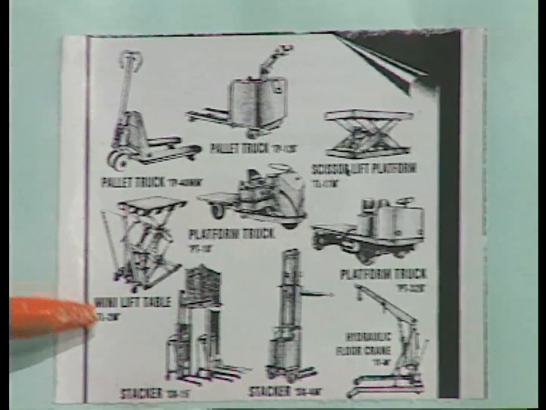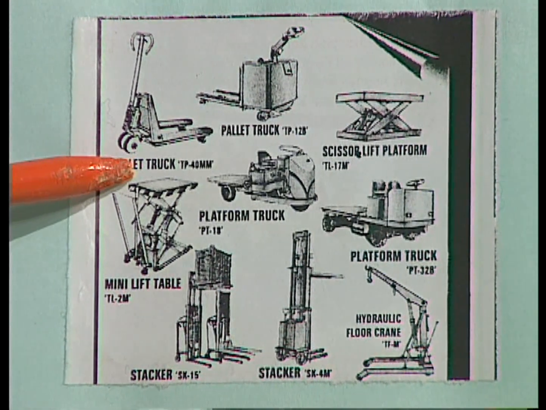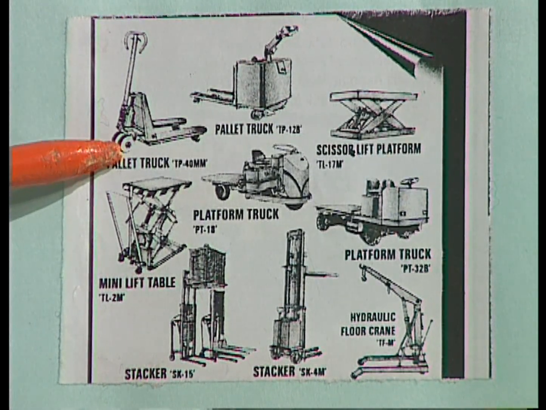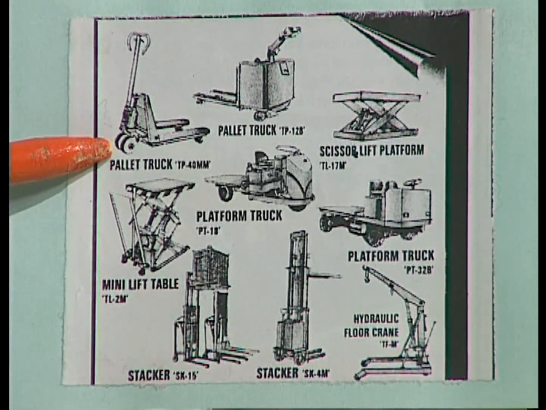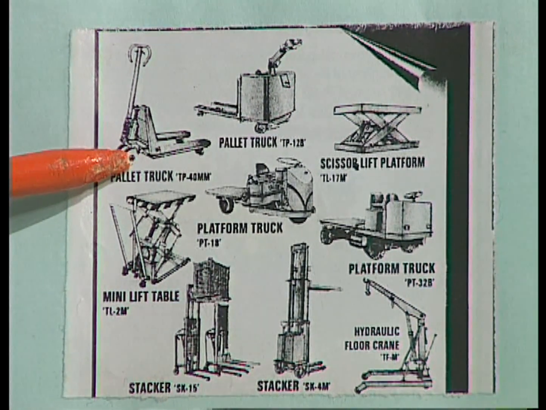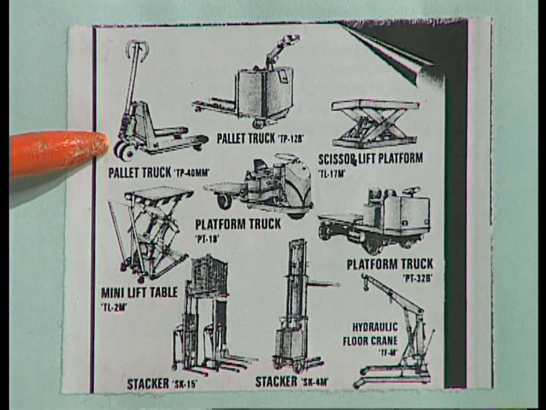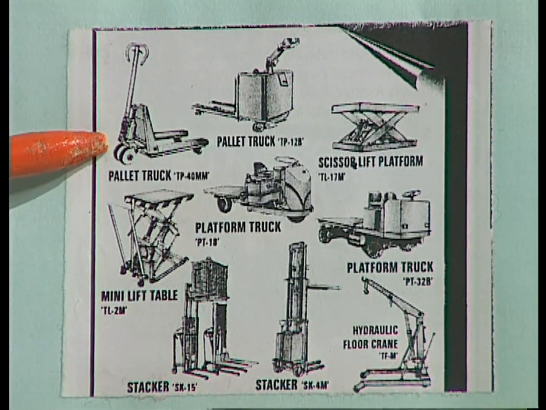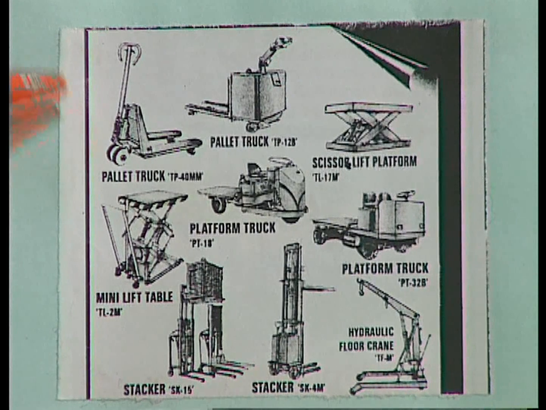Now this material handling also comes in the stores equipment. Here there are different types of material handling equipments. When we go for material handling equipment, we have to see there are three movements. One is horizontal movement, second one is vertical movement, third one is a combination of horizontal and vertical, with inclination also. Here we have different types of machines, the material handling equipments. Some machines are useful for horizontal movements, some for vertical movements, and some for a combination of horizontal and vertical.